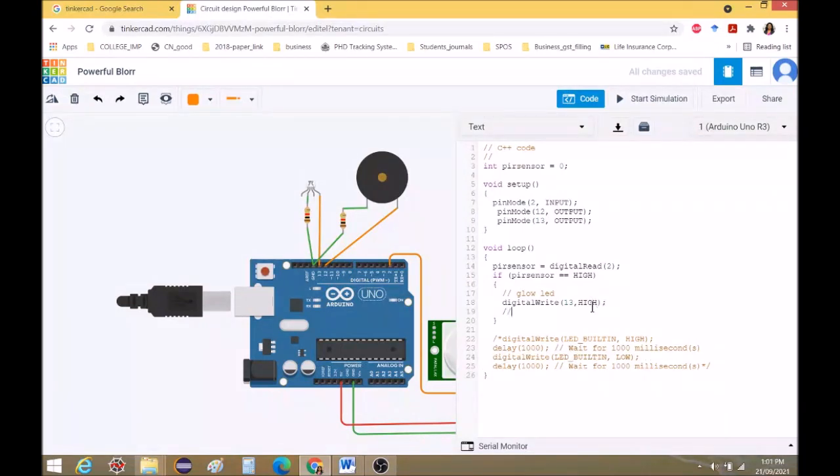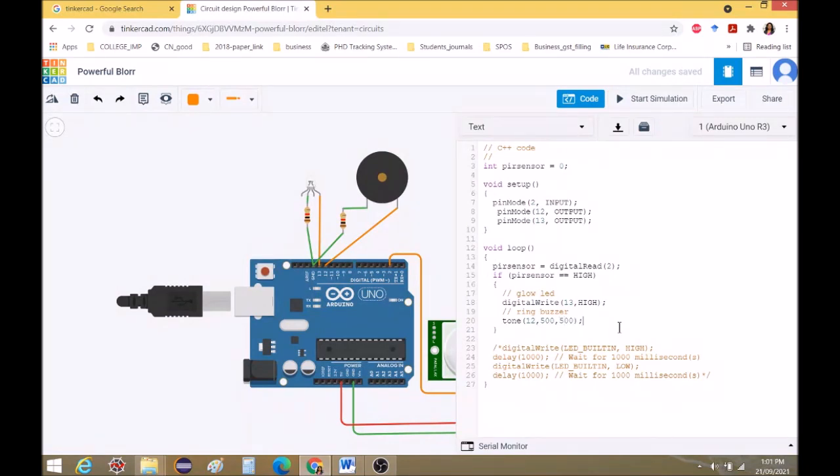Now we also need to ring the buzzer, right? To ring the buzzer, the digital write function will not work. We need to use another function, tone, where we give the pin number first, then the frequency of the buzzer, and the duration in milliseconds.